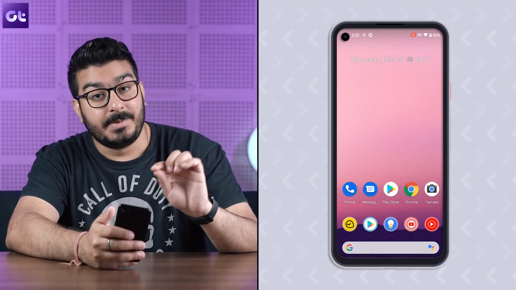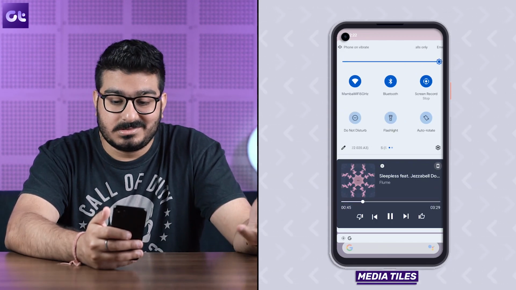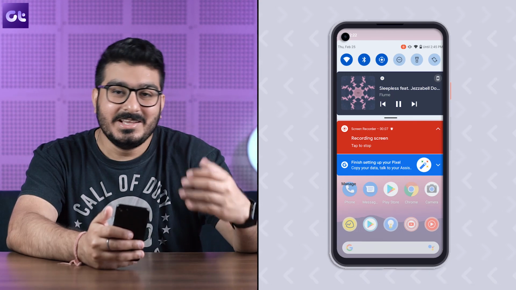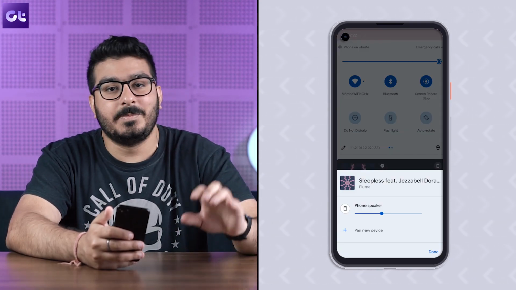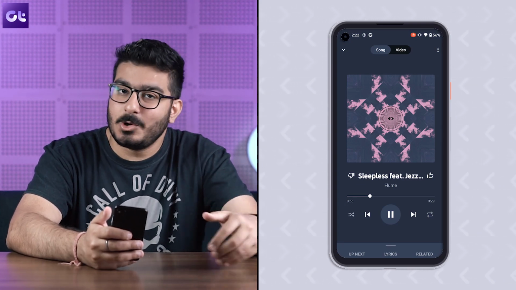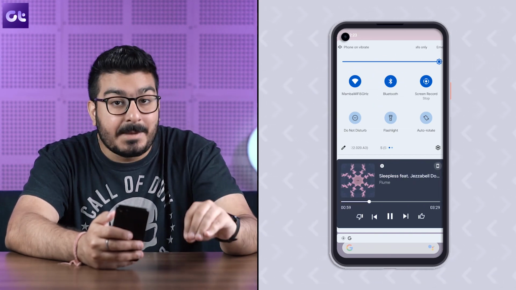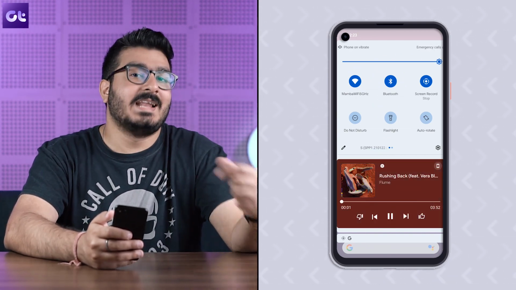Okay, now check this out. Another new feature that you get in the notification tray is the media tile. So, okay, media tiles have been there for a while now. They were introduced with Android 11, but what's new here is that now they are a bit bigger, the controls are a bit bigger, and well, it's a little more easier to interact with. The only downside here is that because you have to incorporate all these bigger controls, you have to compromise on something, and the compromise here is that you do not get to see which app is actually playing the music, but you only get an icon.